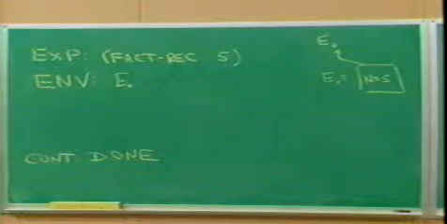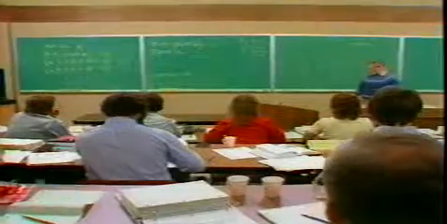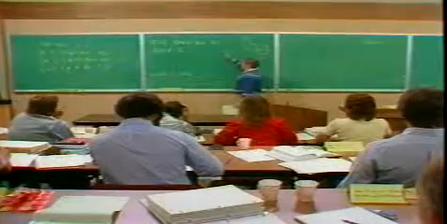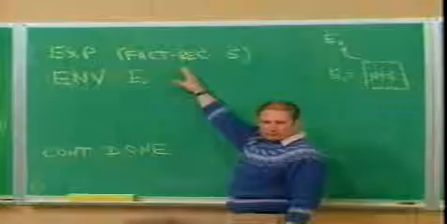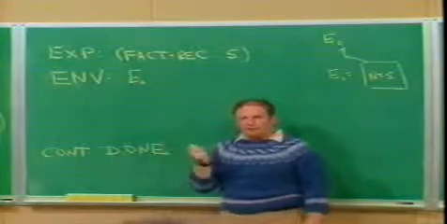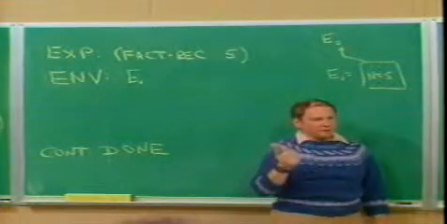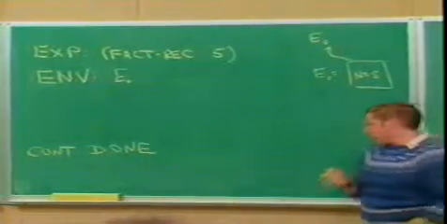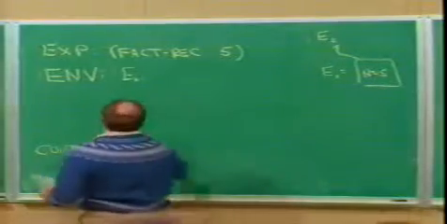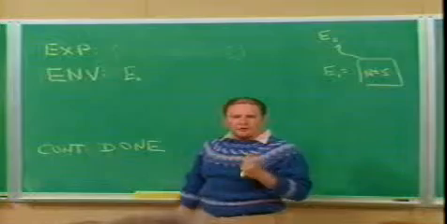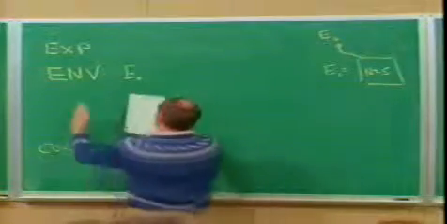Okay. And in this environment, it's going to go off and evaluate the body. So again, the evaluation here will reduce to evaluating the body in E1. That's going to look at an if, and I won't go through the details of if. It'll look at the predicate. It'll decide it eventually has to evaluate the alternative. So this whole thing, again, will reduce to the alternative of recursive factorial, the alternative clause, which says this whole